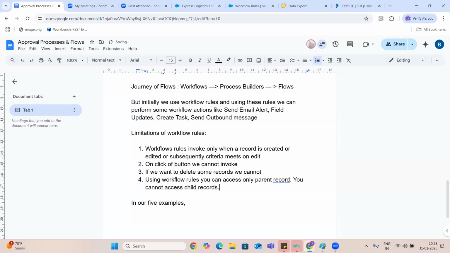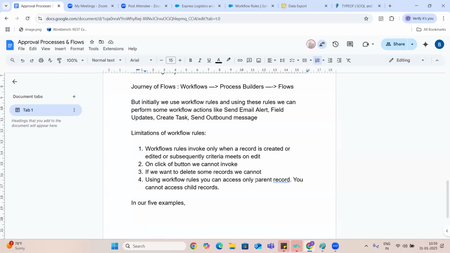Okay. So basically, I'm just telling you guys, around 5 years back, they used to ask about these limitations. What is the difference between the workflows and process builders? What is the difference between the process builders and flows? But nowadays, nobody will ask you about the workflow rules. And you can simply say, I have never used workflow rules also.